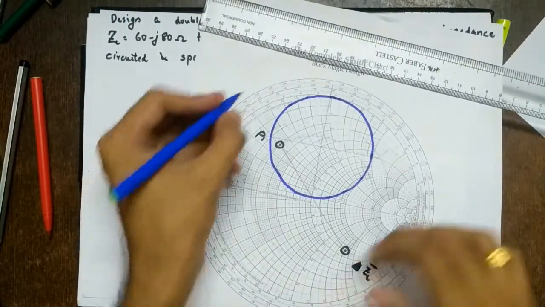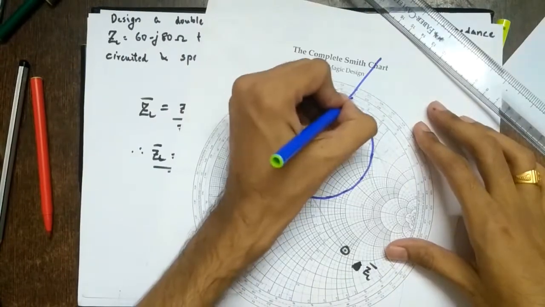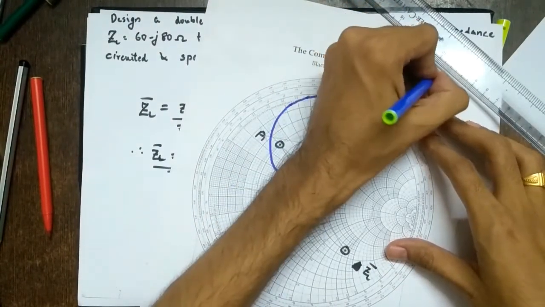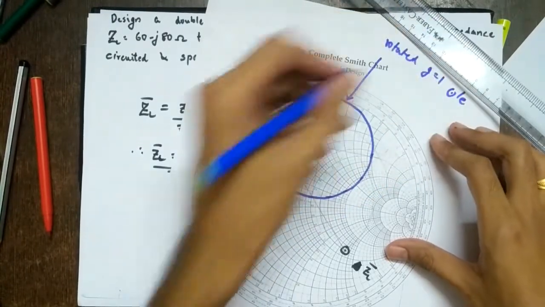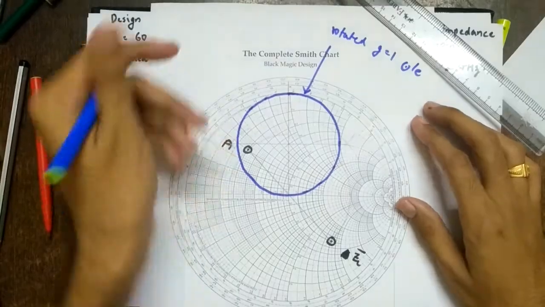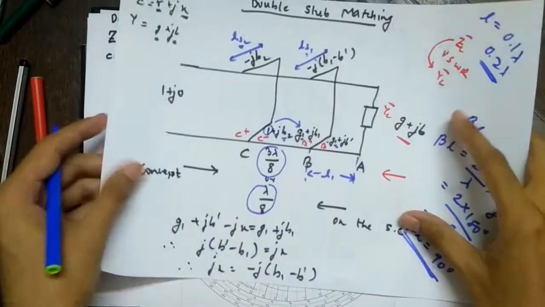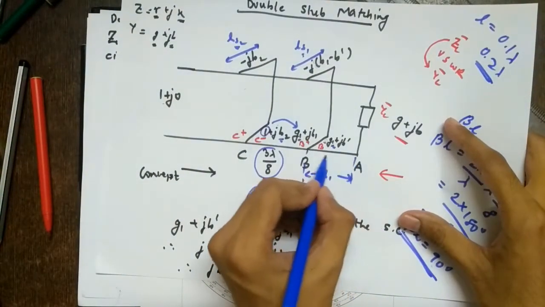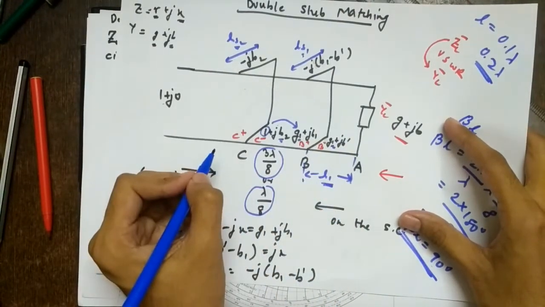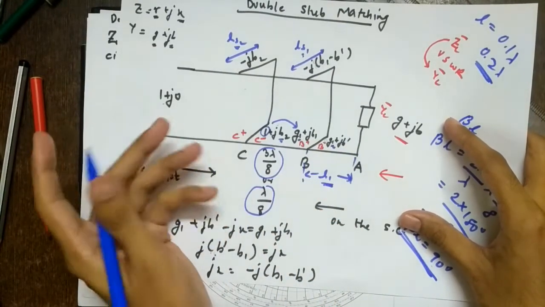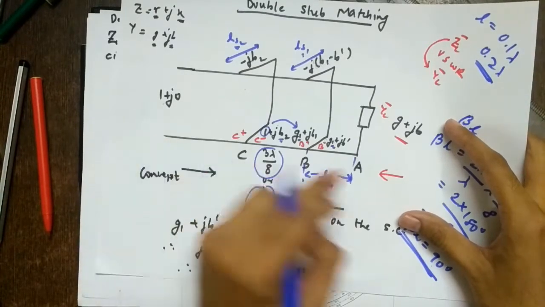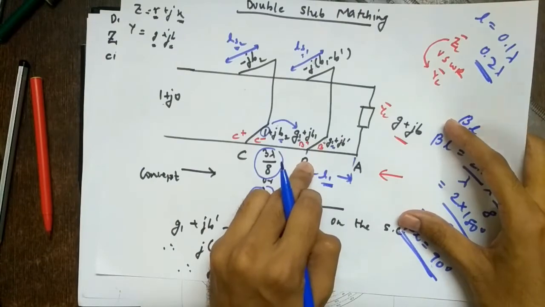So this is my rotated G equal to 1 circle. Okay, so now what I have to do? Refer to this diagram, you don't have to buy it. From A I have to go where? To B minus. What I said is it should be of arbitrary length, so we can assume it to be 0 lambda also, that is L1 is 0. So our point A itself is point B minus.